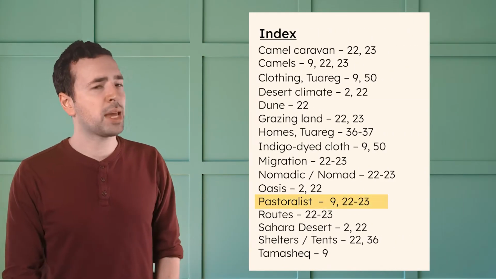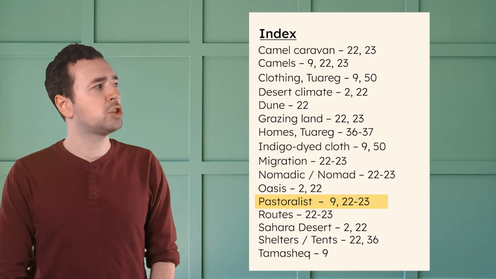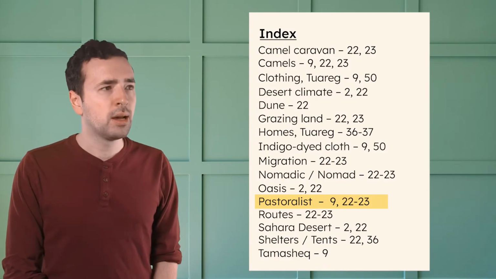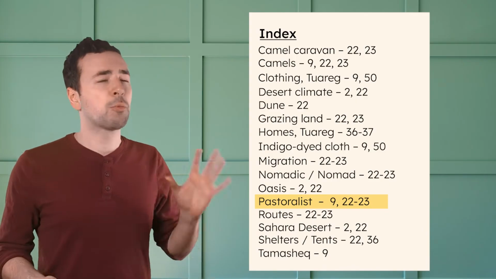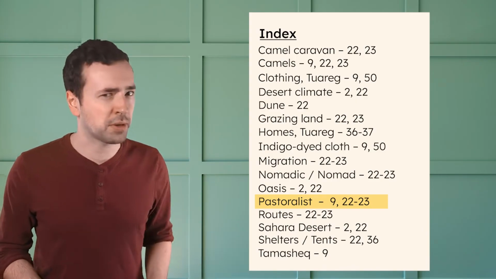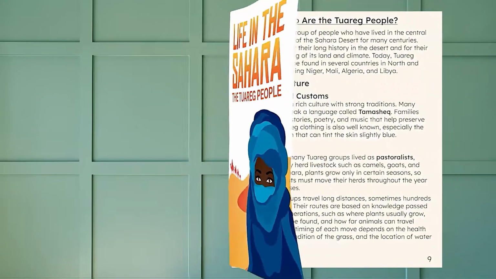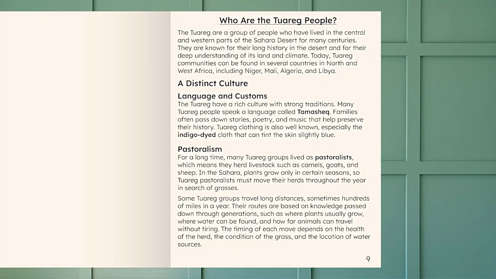Pastoralist appears on page 9, page 22, and page 23. I think we should go to page 9 first. The first time a word is used will probably have the clearest explanation. All right, page 9. By looking at the headings, subheadings, and keywords, can you see where we should look to learn about pastoralists? This subheading says pastoralism, and this keyword says pastoralists, so this section seems like a great place